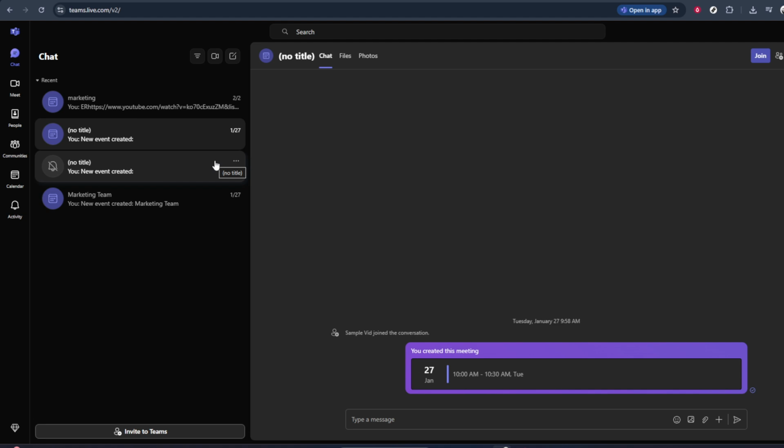If you ever change your mind, you can unmute the chat by following the same steps and selecting Unmute from the menu instead. This gives you flexibility to manage your notifications depending on how busy your day is. And that's all you need to do. You've learned how to mute a chat in Microsoft Teams so you can stay focused while still keeping all your important conversations